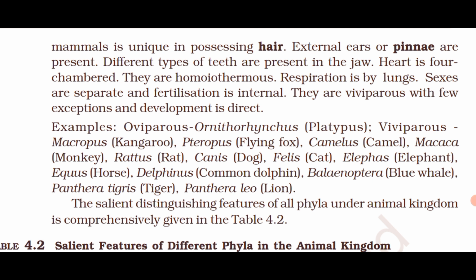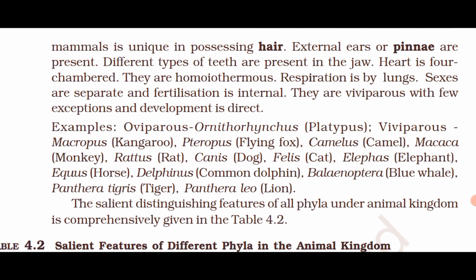External ears or pinna are present. Different types of teeth are present in the jaw. Heart is four-chambered. They are homeothermous. Respiration is by lungs. Sexes are separate and fertilization is internal. They are viviparous with few exceptions and development is direct. Examples: oviparous mammals are